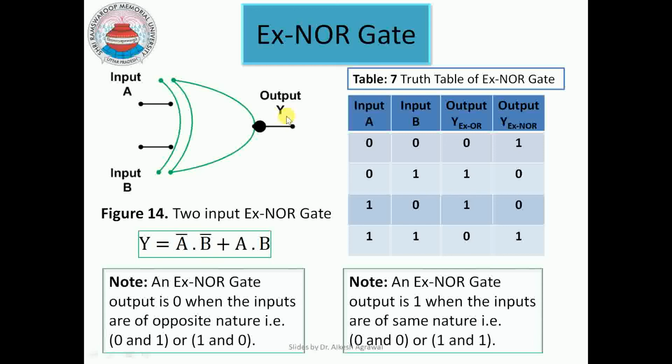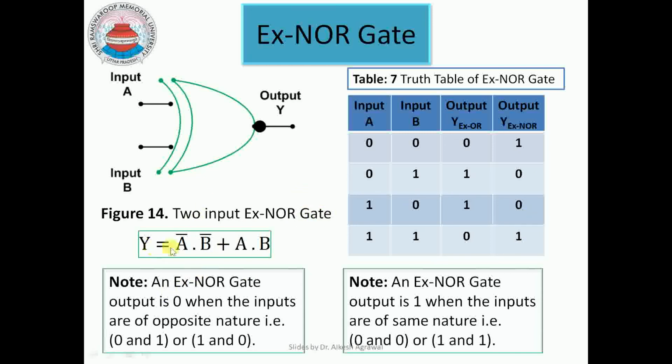Another we have is the XNOR gate. This is just the reverse of the XOR gate. You can see the truth table here. This is the XOR output, which is 0110, and for the same inputs what you are getting for the XNOR gate is 1001, which means in the XNOR gate, if inputs are the same, we get a high output. So you can verify, when 0 and 0 are the same, you are getting a high output. When 1 and 1 are the same, you are getting a high output. But when inputs are not the same, they are of opposite nature, we are getting a low output. So this is the uniqueness of this XNOR gate.